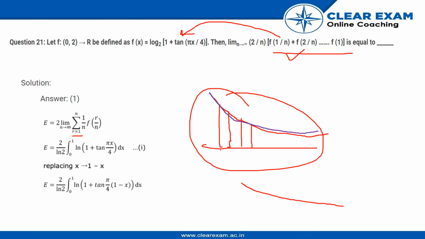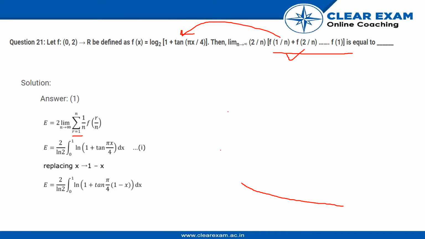So we have f of r by n, correct? We take r by n to be equal to x, and as we know n is a constant as n tends to infinity. It is not a definite number, but yes, it is a number that we don't know but can still be used. So n over here is a number, it does not vary with x or r. So here r is the one that is incrementing.